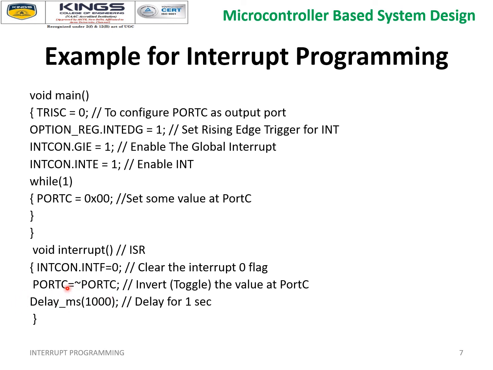Next, to see that inversion with the normal human eye, we have to give some delay. So delay in terms of milliseconds, 1000 milliseconds is given here. That means 1 second. So this is actually the interrupt service routine, and whenever an interrupt is raised, this will execute the interrupt service routine, which is toggling the bits of port C. So in this session, we have seen how to program interrupts in PIC microcontroller. Thank you.